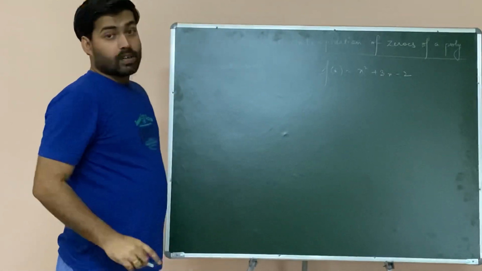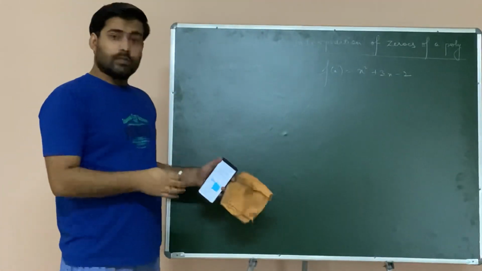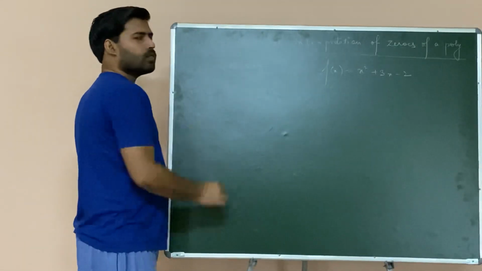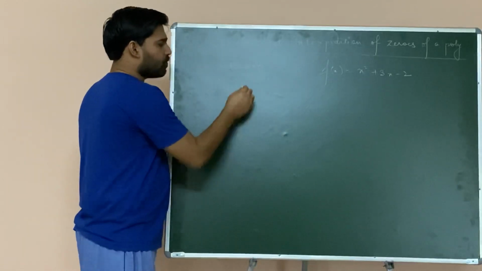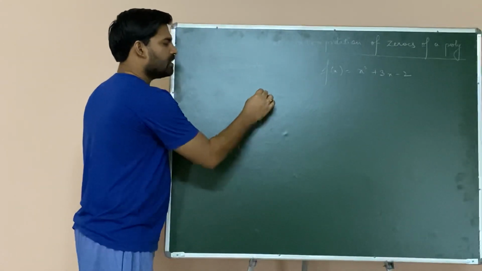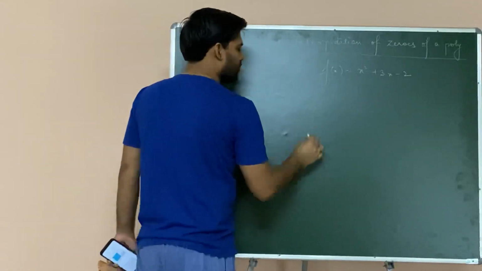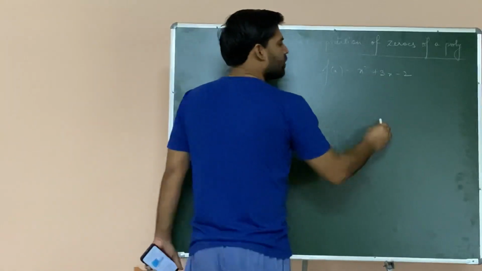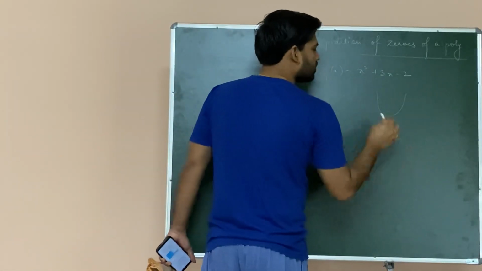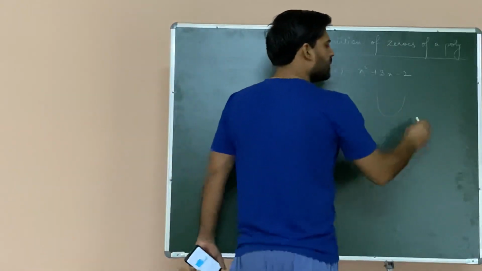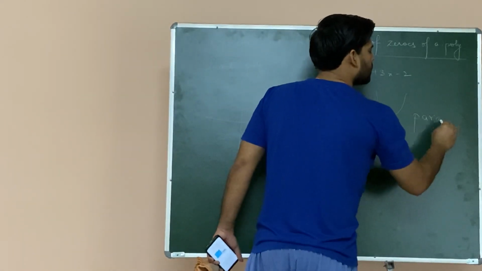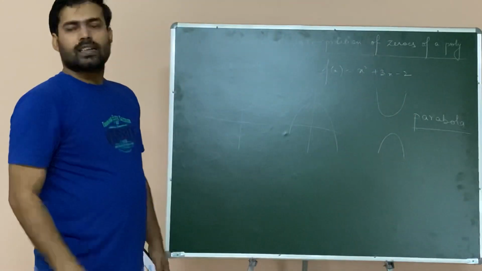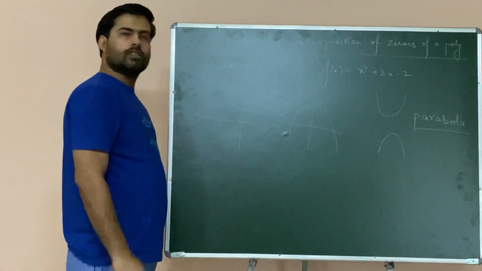Now the plotting of the graph, how to take out the values, solution sets, that is not mandatory. But the point is, since you are having a quadratic polynomial, now what will happen? The kind of quadratic polynomial will be represented like either this type of graph or this type of graph. Clear? Over and all, the kind of graph would be like this or this. This kind of graph is said to be a parabola. What a parabola is, regarding this you will study in class 11. So right now we need not focus upon this parabola.